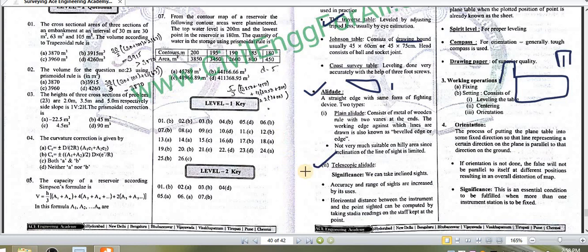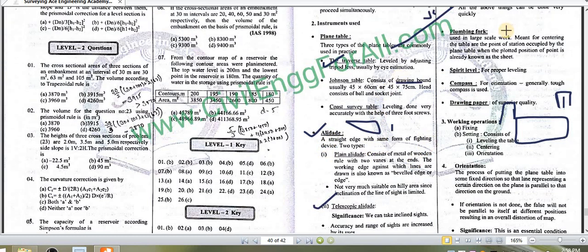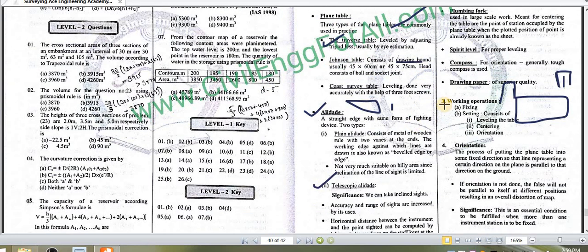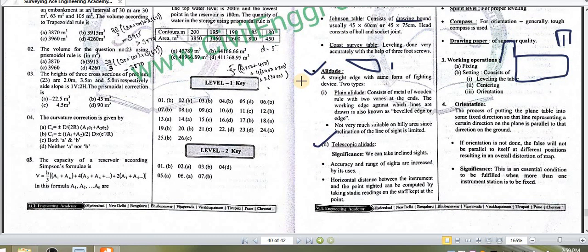Okay, so this is the advantage of telescopic alidade, but normally we use plain alidade only for small surveying work, because as I have told you, plane table surveying is generally adopted for small works because it is not a very accurate method. Okay, so these types of alidade are also required in plane table surveying because you need to plot the work you are doing in your surveying. So for plotting you require your scale and the graduation should be marked on that. So this alidade is one of the most important instruments in plane table surveying.